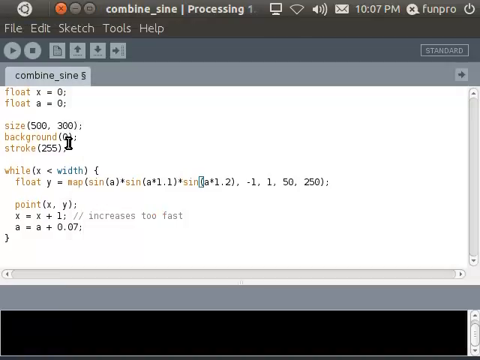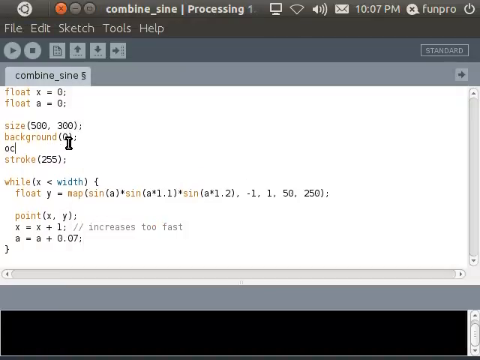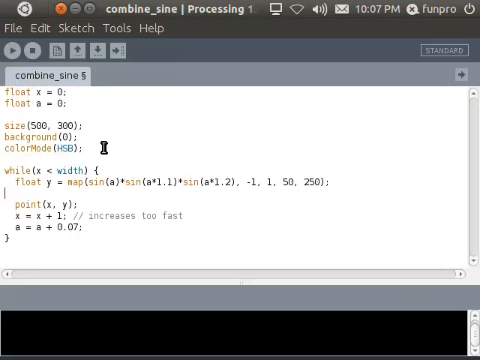Okay, for that I will use the color mode HSB, because it's easier to just change the hue like we have done before, and we will leave the saturation and the brightness at a fixed amount. And now, instead of just setting the stroke color one time here, I'm gonna remove this, and I will want to set the color right before I draw my pixel, before calling point,